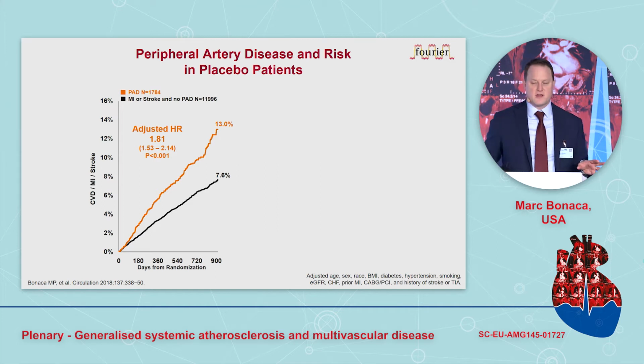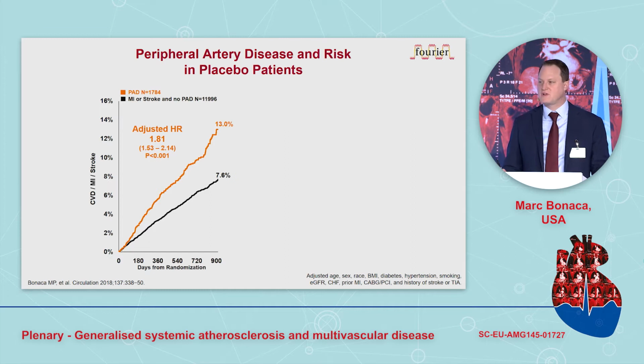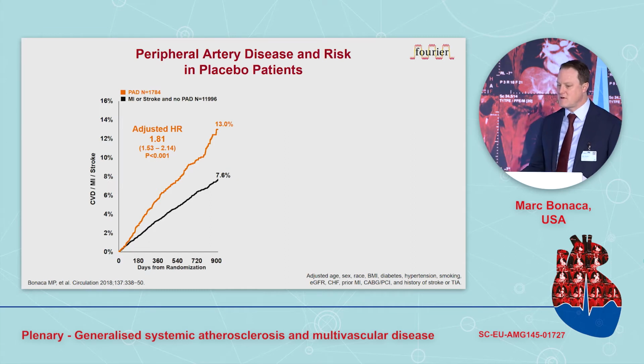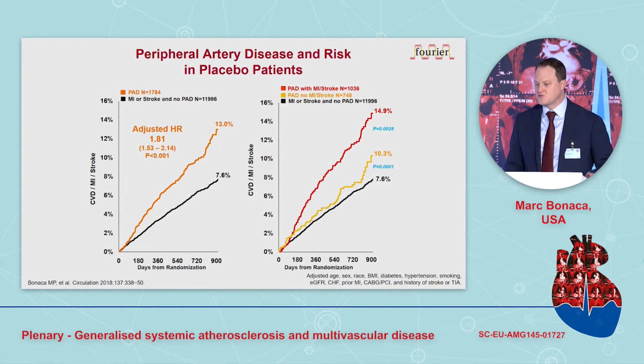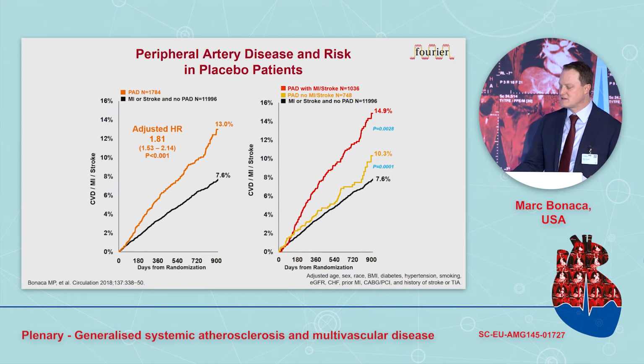So, for example, in the FOURIER trial, we noted that patients who had peripheral artery disease in the lower extremities were higher risk than patients who had actually had a prior MI or stroke, about an 80% excess in risk. But the truth is more complicated. And actually, when you stratify that group with peripheral artery disease, it's those that have polyvascular disease that are the highest risk. And that red line really shows you it's a very malignant phenotype, and it's not just systemic atherosclerosis, but it's the severity of atherosclerosis and the fact that they're symptomatic in multiple beds.